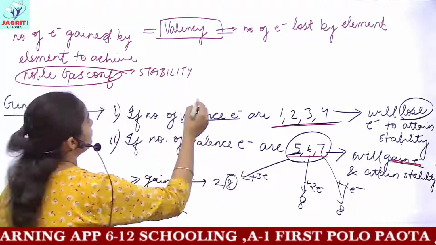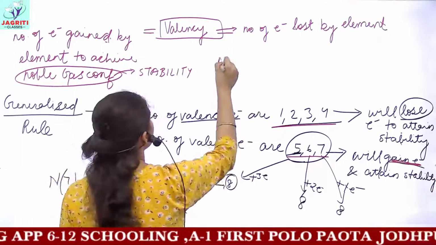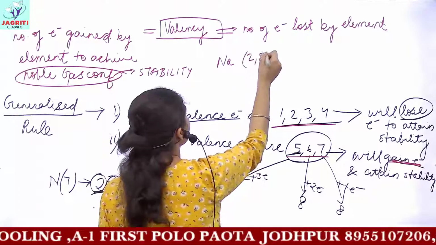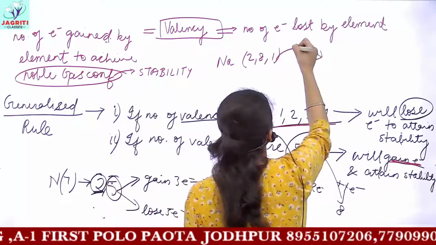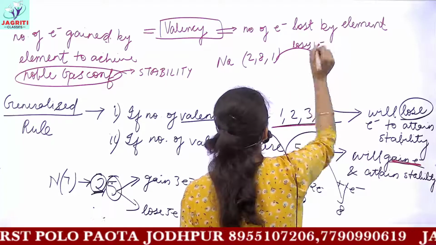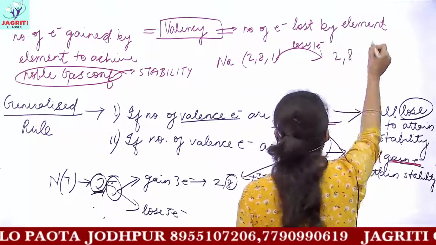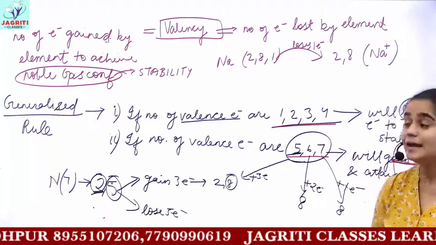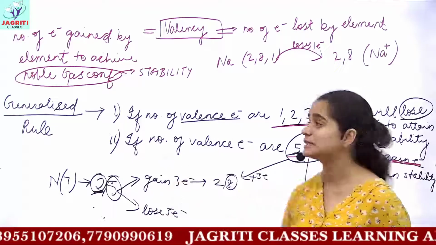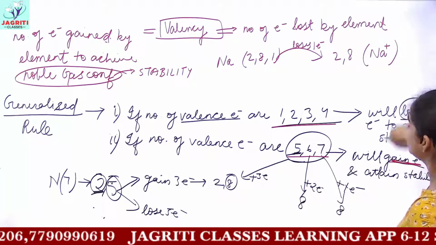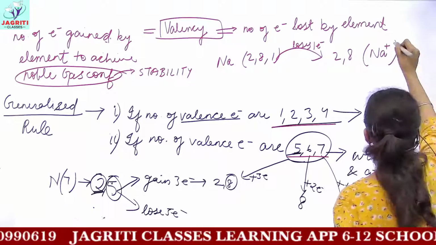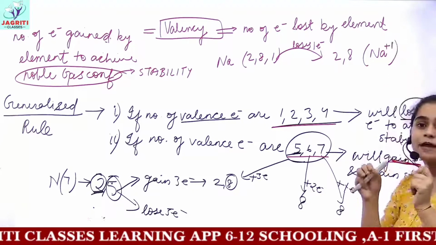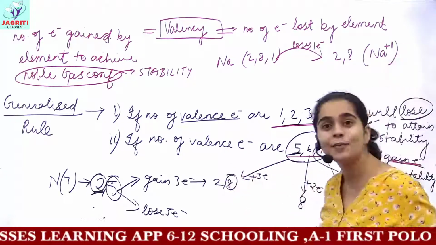So now can you say what will be the valency of sodium? We have already discussed that sodium is 2, 8 and 1. Now sodium loses 1 electron. It loses 1 electron to become 2 and 8. And because it has lost an electron and an electron is negatively charged, it has removed some negative charge from itself. Then a plus sign will come on sodium. And the number of electrons removed would be denoted by the same number, that is plus 1 means, plus means you have lost an electron, and 1 means how many electrons have you lost?